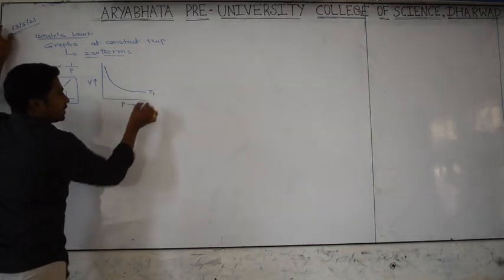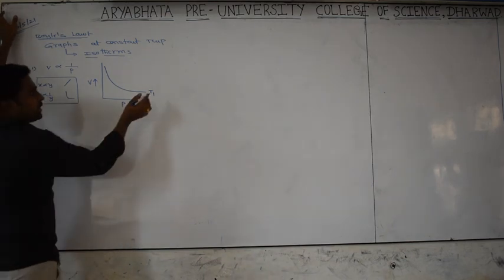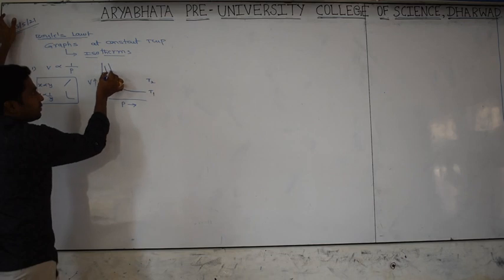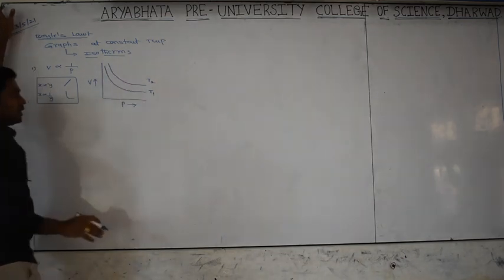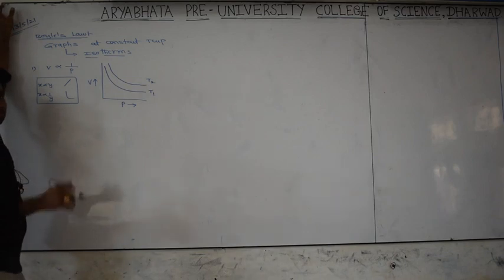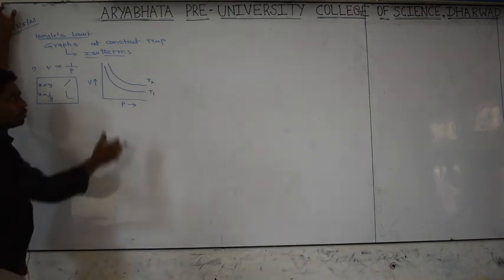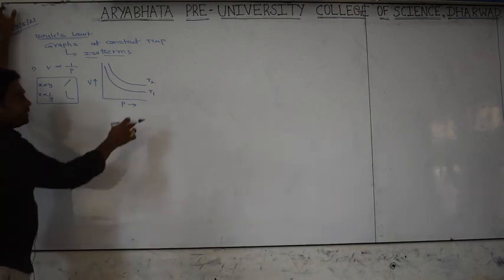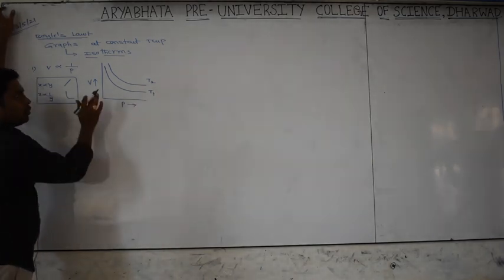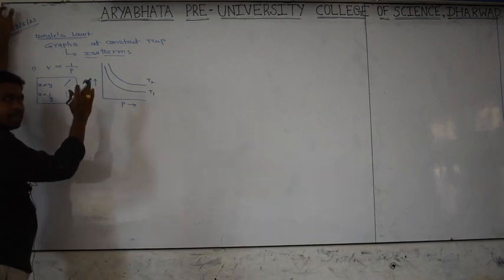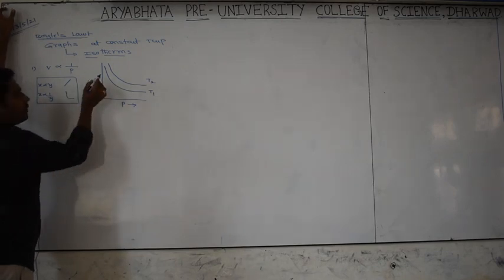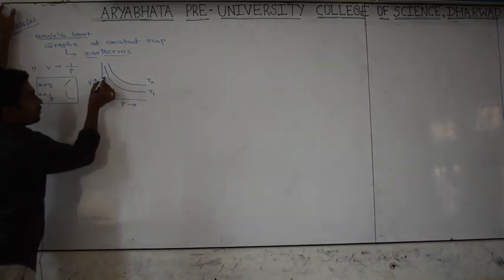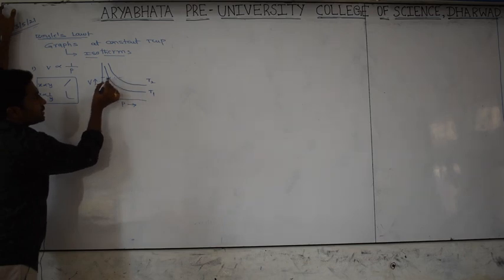This is at temperature T1. Now I am doing the same at another temperature, T2. Then we get a graph like this. Now my question: how will they ask in a competitive examination? What is the relation between T1 and T2? Very carefully you have to observe this. When they ask for the T1, T2 relation, we have to take a constant point either on the x-axis or the y-axis. For my convenience, I am taking a fixed point on the y-axis. From there we draw a vertical line, which intercepts here.